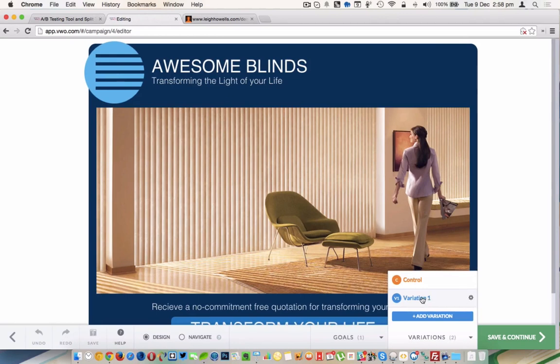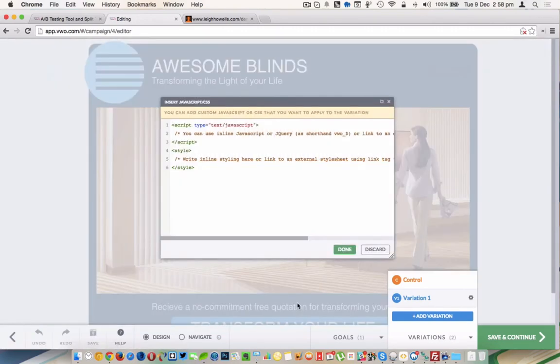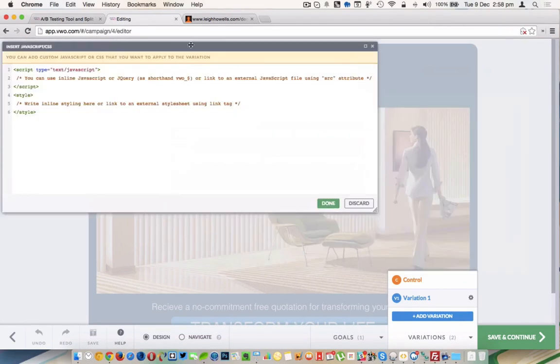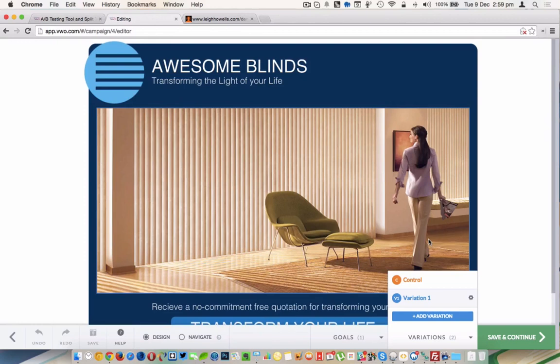So on the variation page, we have to click on the cog and go to the add JavaScript or CSS function, so you can add either using this. So similarly to Optimizely, we now get a box of code, and we can add in JavaScript or jQuery to achieve what we did before using a similar method, which I'm not going to do. Instead, I'm going to have a quick look at, let's go back,